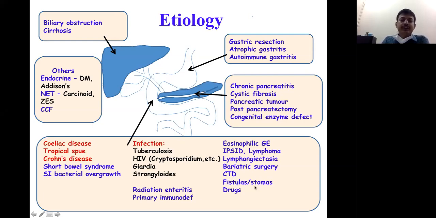Okay, so this is a list of conditions of which I said celiac disease, tropical sprue, Crohn's, and infection are the important ones. Then you can also have,